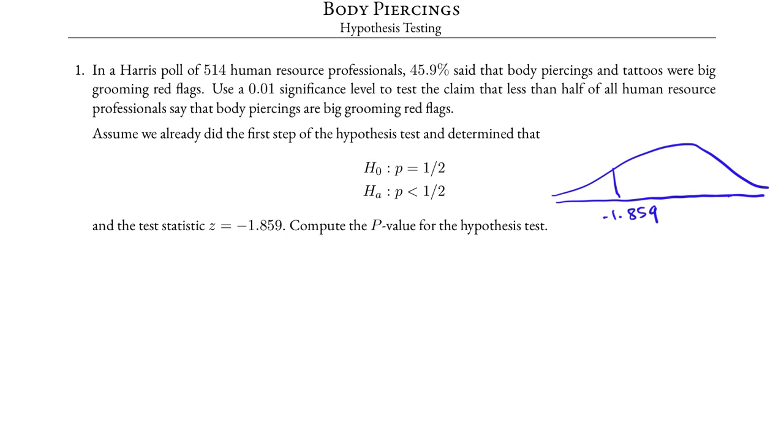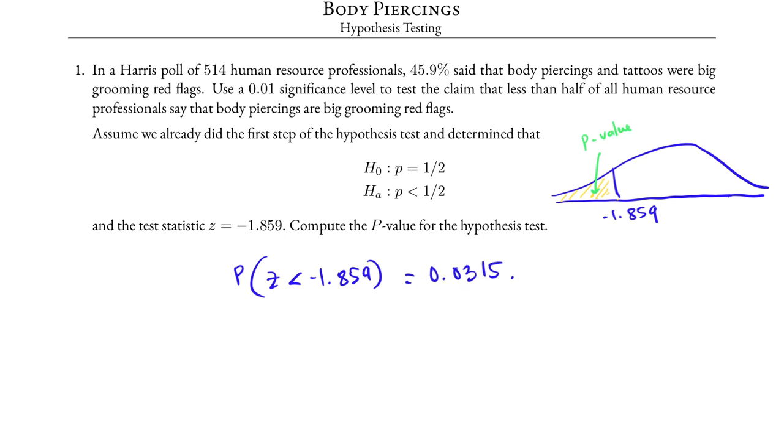Again, since this is the left tail test, we would indicate the z-test statistic and we would shade it on the left because the alternative hypothesis indicates that this is the left tail test. The area or the probability on the left-hand side of the z-test statistic negative 1.859 is called the p-value. And so if we were to use the table, the z table, or a calculator, we will find that the probability that z is less than negative 1.859 is